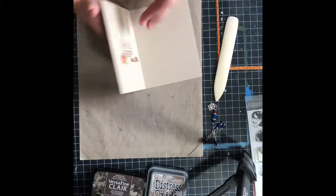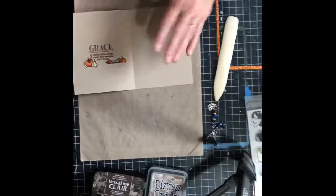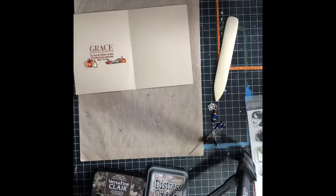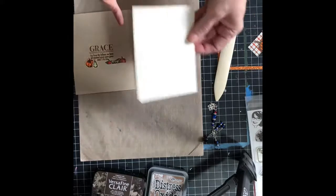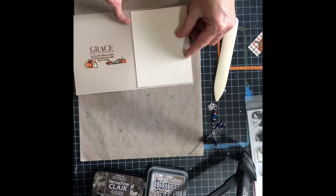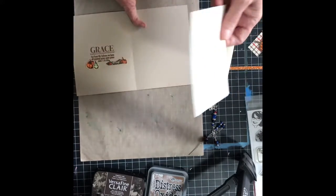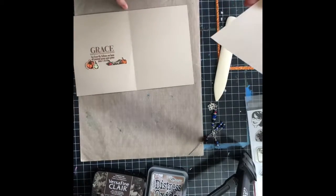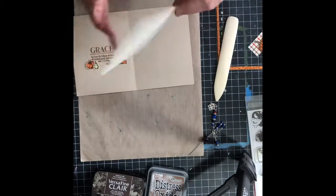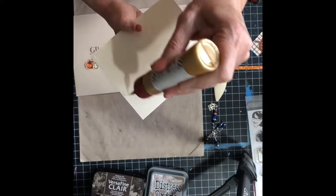So now let's go ahead and do this inside. So here's what I've done. I've taken a piece of scrap of cardstock that I have in my stash, and I'm gonna put it here. Because this is A2, this is cut at 4 by 5 1/4, so it's a 1/4 inch smaller than the base of my card. So let's go ahead and get some Art Glitter Glue